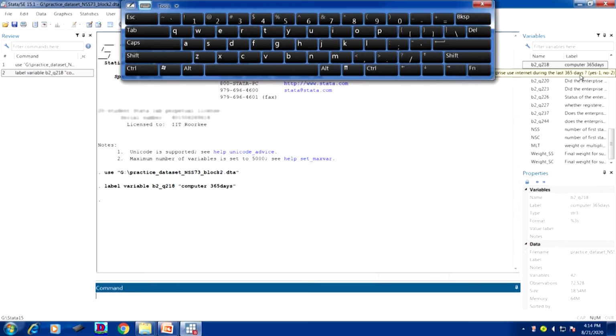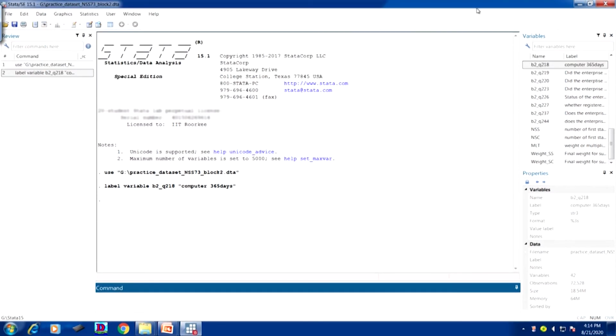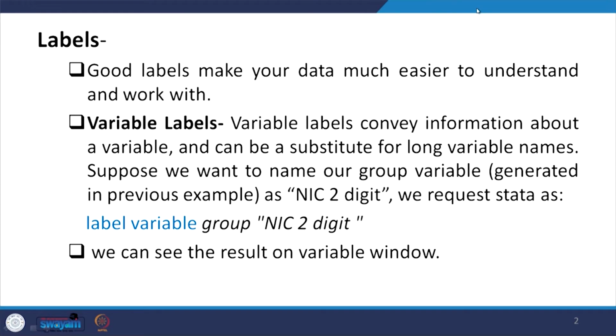Anytime you open this data, if you have saved it, it will show with this comfortable name as per your own understanding. That is generally very good for researchers to operate very quickly. Similarly, in our data you can write accordingly. For the sample I mentioned, NIC 2 digit, if it is not written, you can write it down accordingly. Instead of 2 digit, any type of name you can keep, based on your own understanding and comfort.